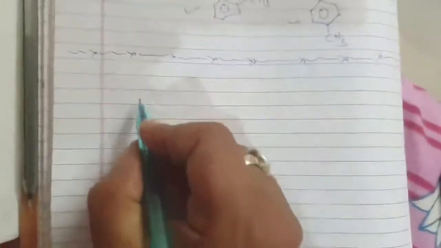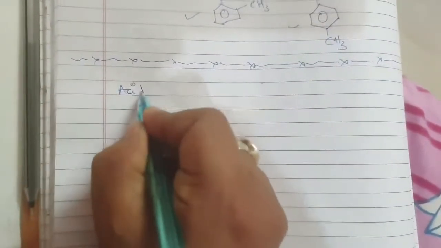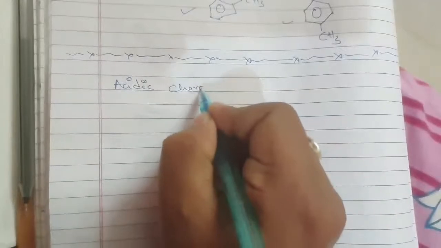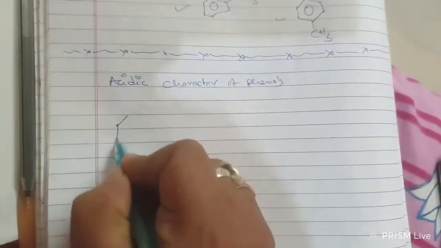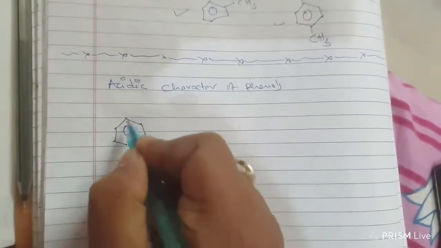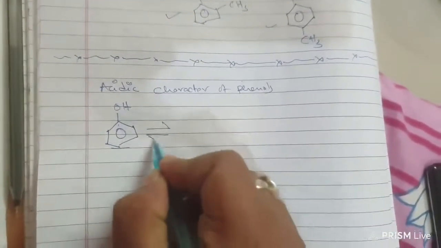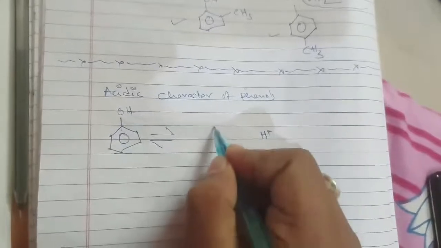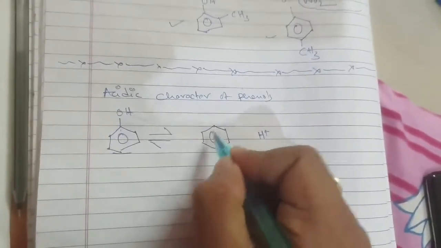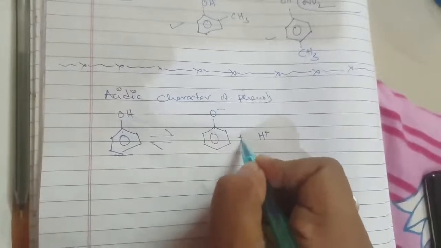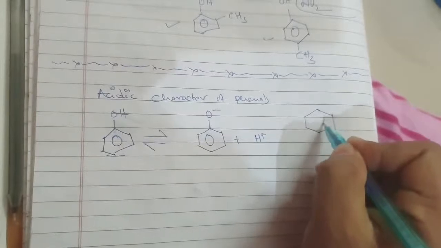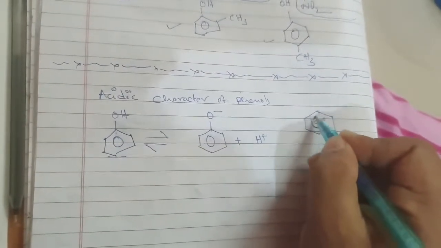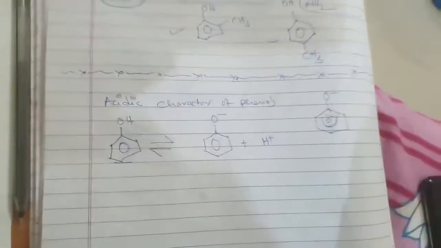Suppose for example in the last video we have learnt about the acidic character of phenols, right? That means we took a phenol, and it has acidic character. Why? Because when losing hydrogen ion, the phenoxide ion gets stabilized by resonance. The phenoxide ion gets stabilized by resonance, which is shown like this. The negative charge gets